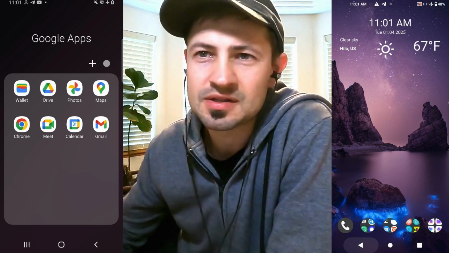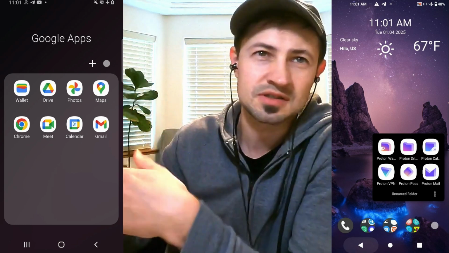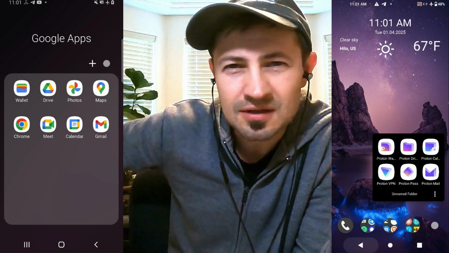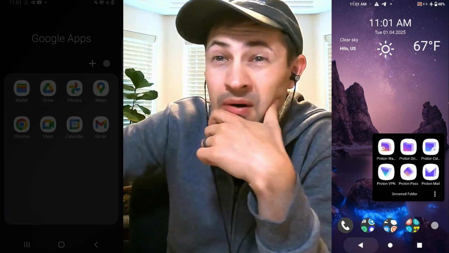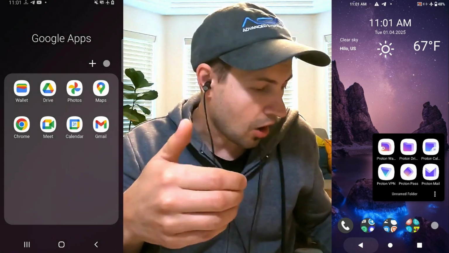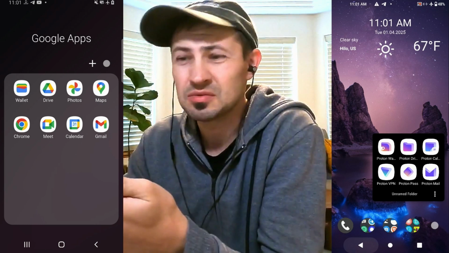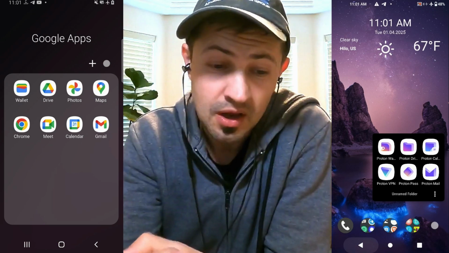One of the things that I had an issue with when migrating to the Proton ecosystem, ditching Google, is that all of their icons, yeah, there's a subtle variety in their gradients and their icons, but I always found myself having a very hard time trying to navigate and find that icon. They're all so similar. So what I did is I got all their assets from Proton and I recolored them,